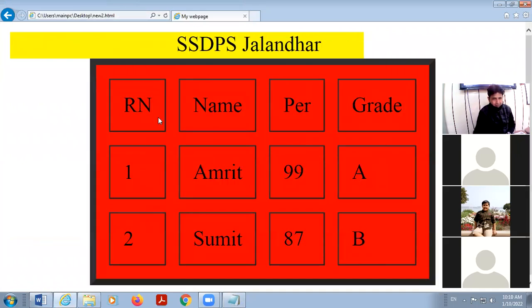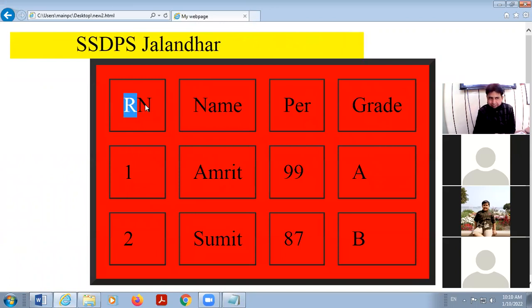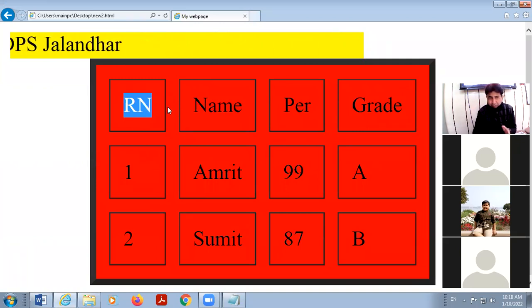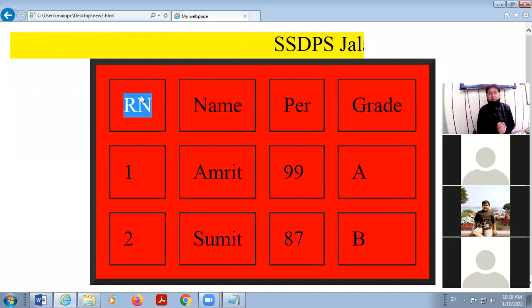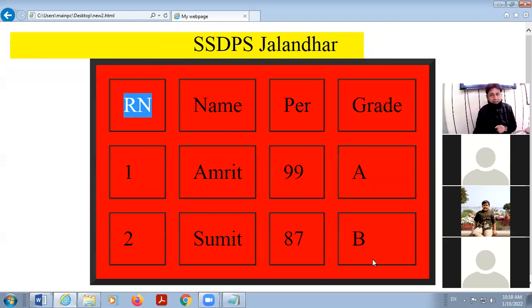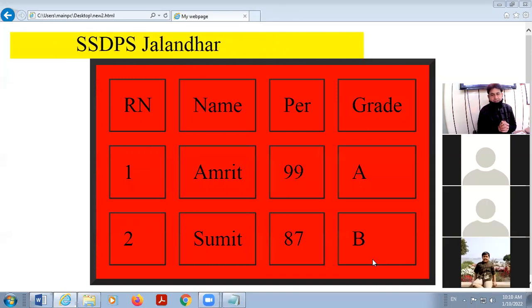The extra space between the cell border and contents, this is called cell padding. Cell spacing is the space between two cells, but cell padding is the space between the cell border and cell content. Bani, clear? Yes, sir. Okay, very good, very good.